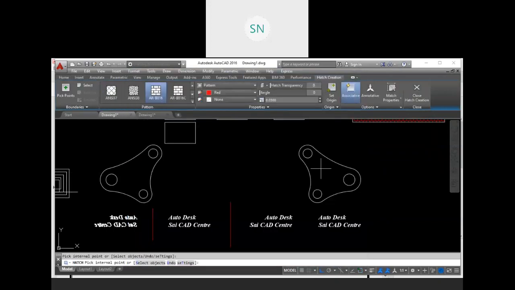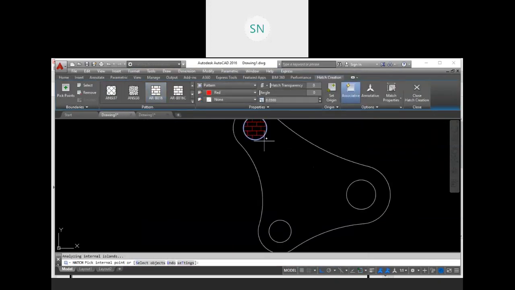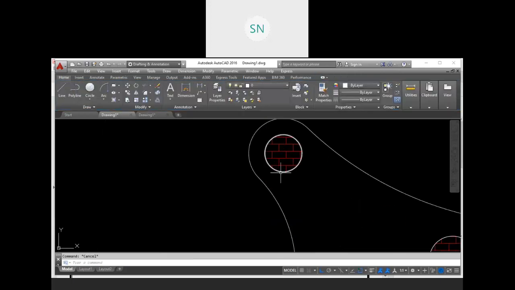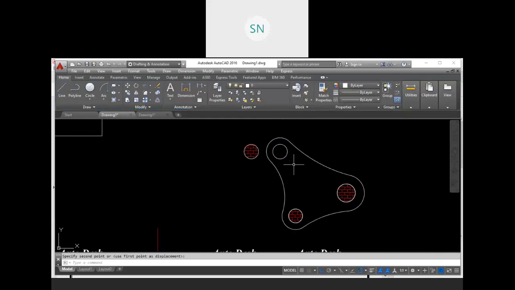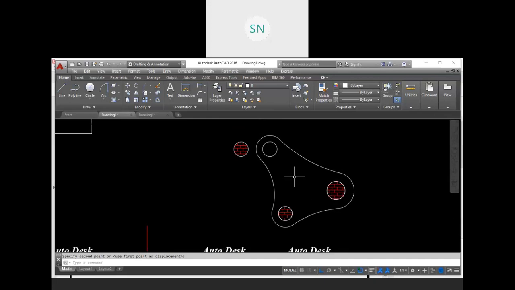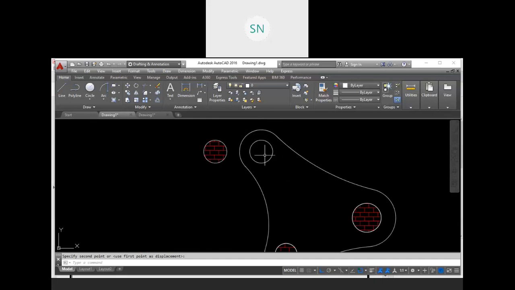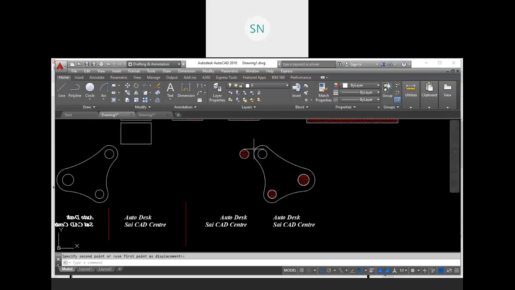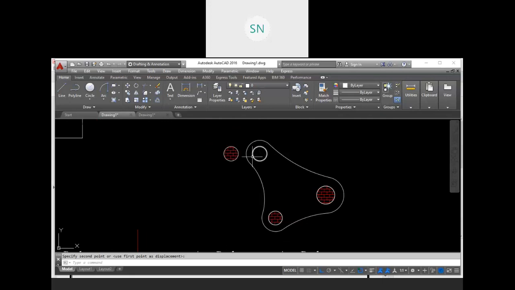I forgot that, and I'm going to fill hatch in this. So what will happen? I have a twice circle over here, and this may create error or confusion in my 3D modeling. For example, I'm going to model this thing in 3D. So I'm going to use this sketch over there. So that thing may create some problem over there, right?